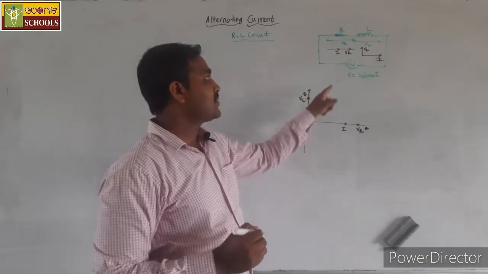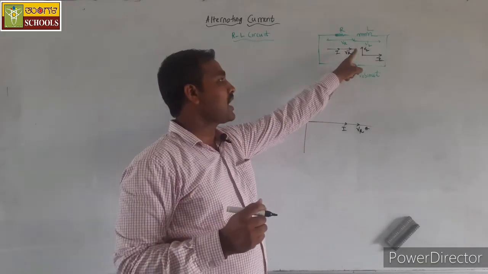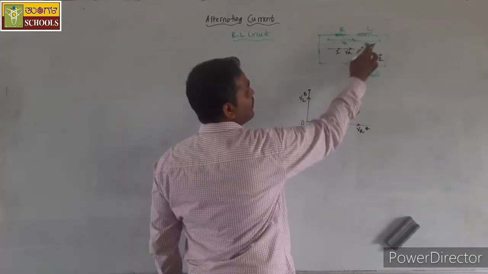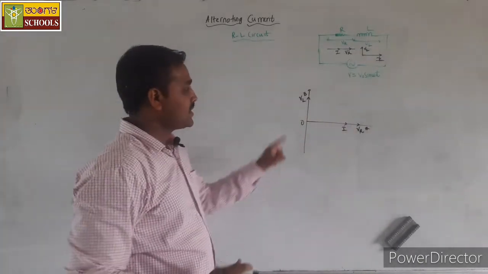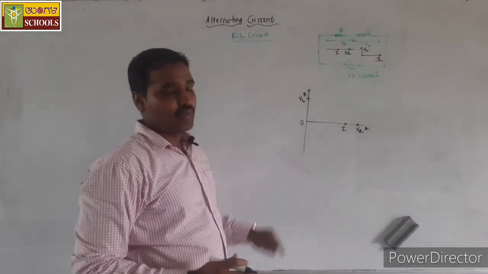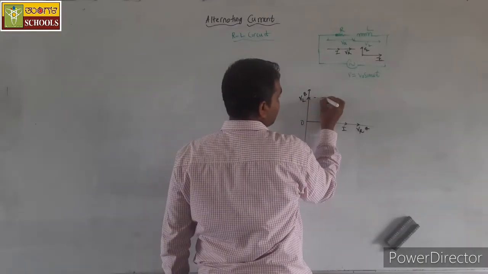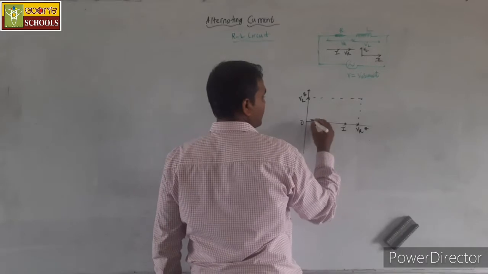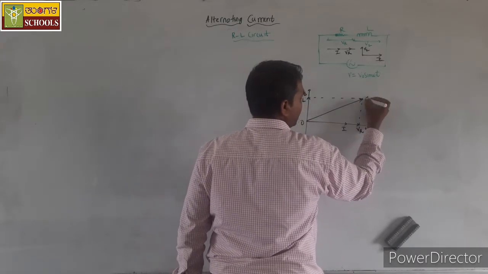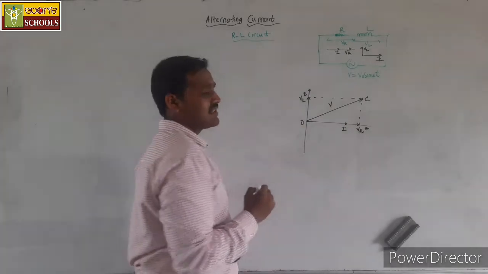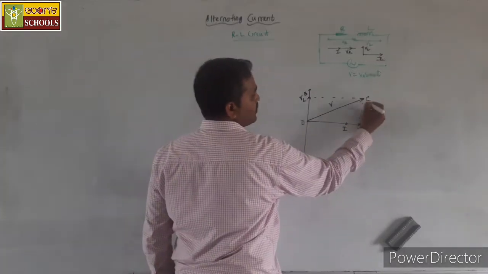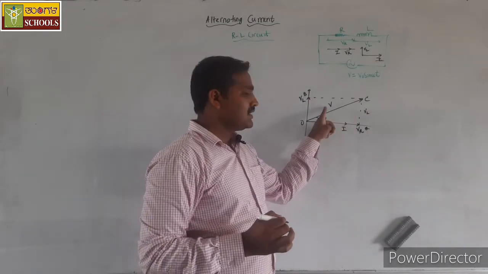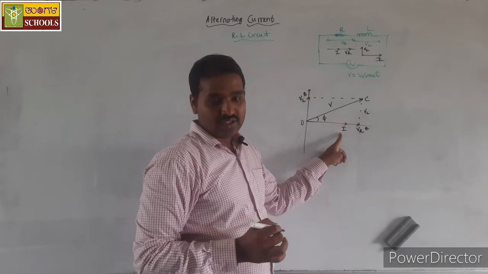The only difference between this circuit and the LCR circuit is that we don't have a capacitor here, so there is no voltage across a capacitor. The resultant of these two voltages, that is V, is the vector sum of VR and VL. So let me construct a parallelogram here, that is a rectangle, and project it here. This corner, O to C, let me call it C, this will give me the resultant voltage. Let phi be the phase angle between the resultant voltage and the current through the circuit.